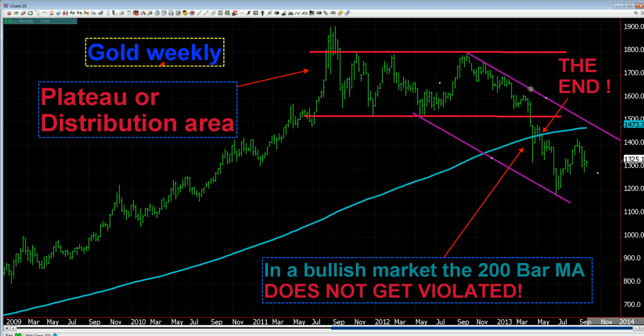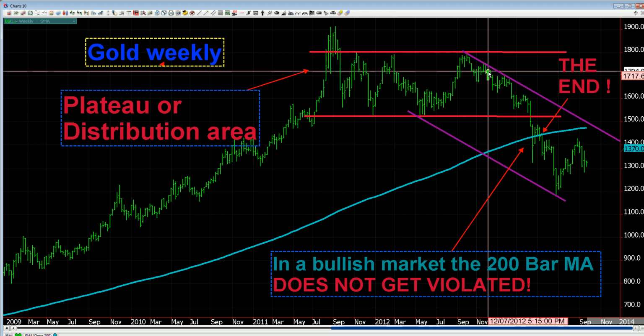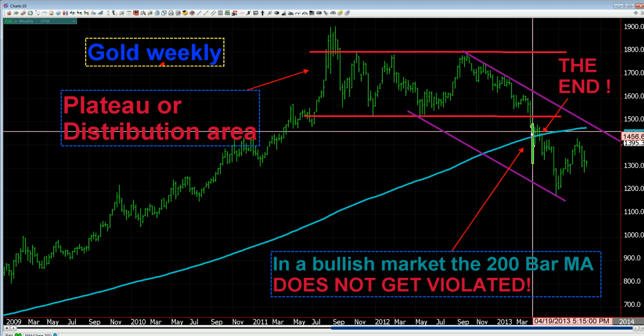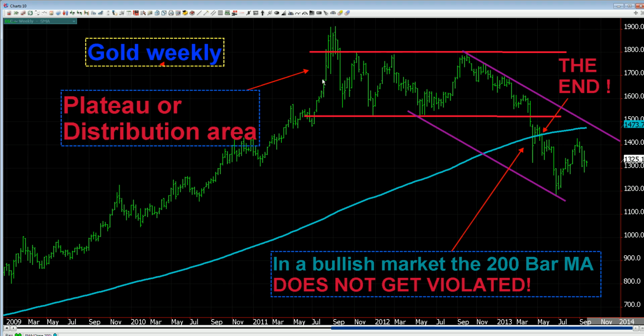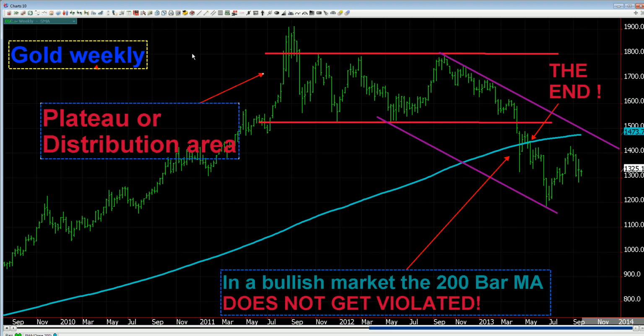So look at this channel. We're in this channel right now, heading lower. We are below the 200 bar moving average. We have had our distribution area, and we sure did distribute, because look at what's happening to the price of gold. Then if we blow it up just a little bit and we take a look at what's going on here,